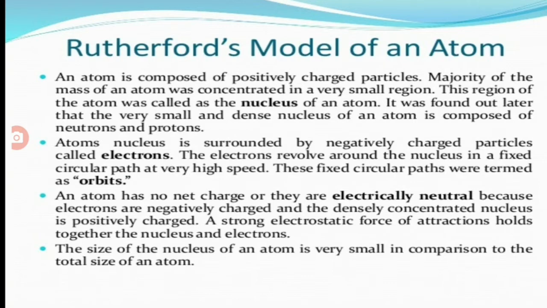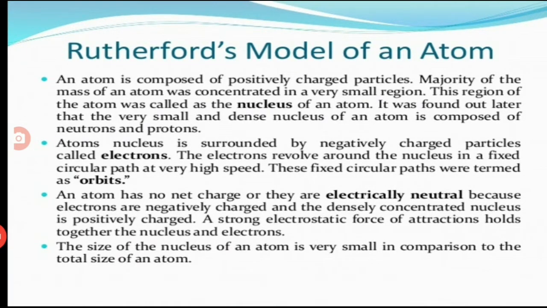According to the Rutherford model, we have a nucleus at the center of the atom, which consists of all the positive charge and almost all the mass. And the electrons are revolving around the nucleus in circular paths called orbits. The atom remains electrically neutral since the amount of positive charge is equal to the amount of negative charge, and the size of the nucleus is very small in comparison to the size of the atom. These were the main assumptions from the Rutherford model of atom.